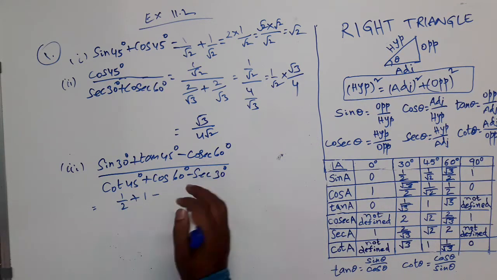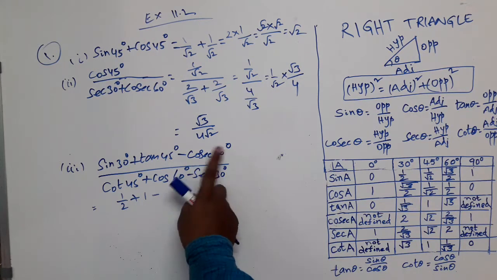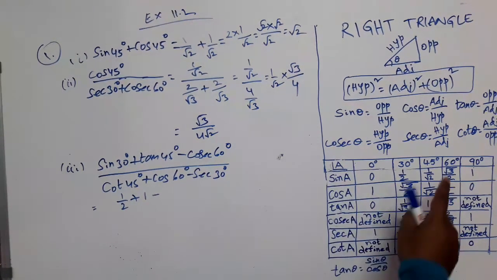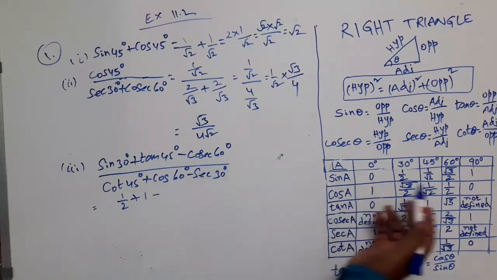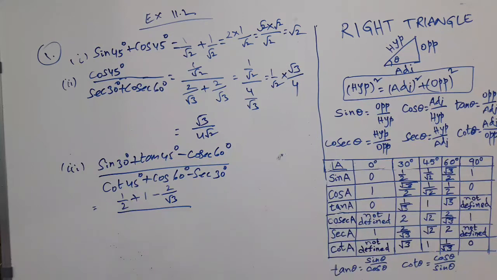Minus cosec 60 degrees. How will I write it? This is the reciprocal of sine, that is 1 by sin 60 degrees. Sin 60 degrees I remembered, root 3 by 2. So 1 by root 3 by 2, that is the reciprocal of root 3 by 2, that is 2 by root 3. Divided by,